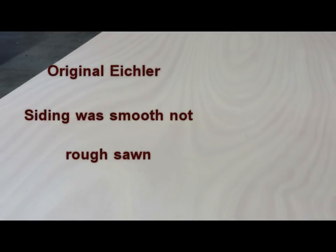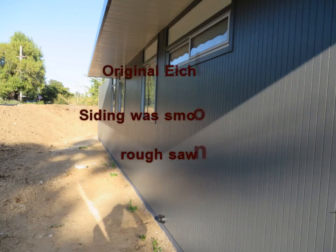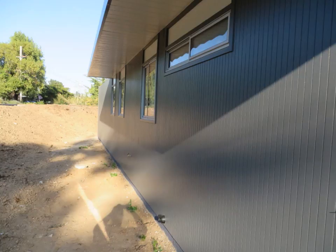One of the unique aspects of original Eichler siding that is on your home is that the surface texture was not a rough sawn face like plywood siding is made today. Joe Eichler used a sanded face plywood, and as of 2012, we are now able to match very closely the